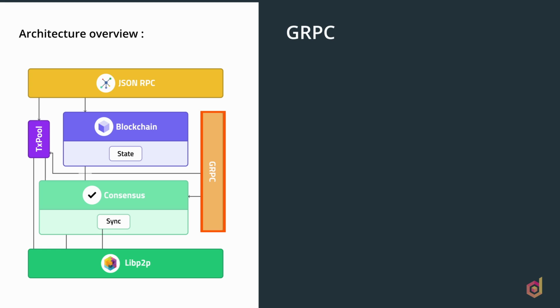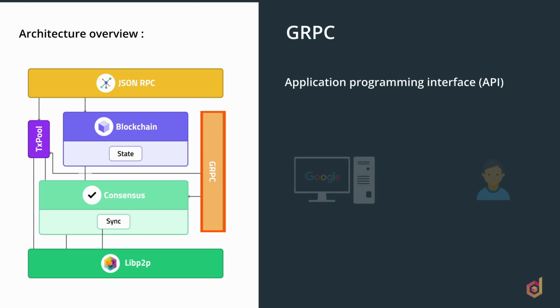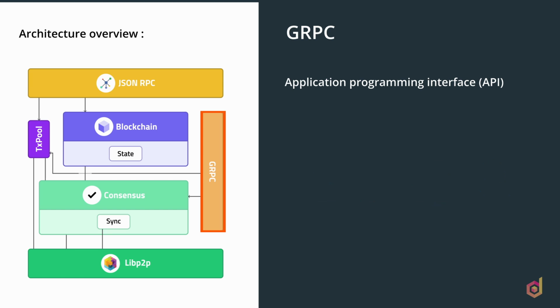So what is a gRPC protocol? If you are familiar with application programming interfaces, that is APIs, and how they work, then you might have heard of the gRPC protocol. If not, let me explain. APIs are basically used for communication between two or more computers, or more specifically computer programs. This works in a request-response cycle. Like you make a request on Google by searching, and in return Google provides you with the results as the response. Now to make this process smooth and efficient, developers introduce API protocols, which means APIs that follow